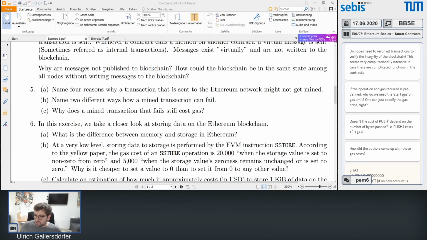Do nodes need to rerun all transactions to verify the integrity of the blockchain? This seems very computationally intensive in case there are complicated functions in the contract. The answer is yes. If you want to verify the integrity of the blockchain, you have to run all transactions. You have to check everything. Otherwise, you cannot really verify the integrity here. So it is computationally